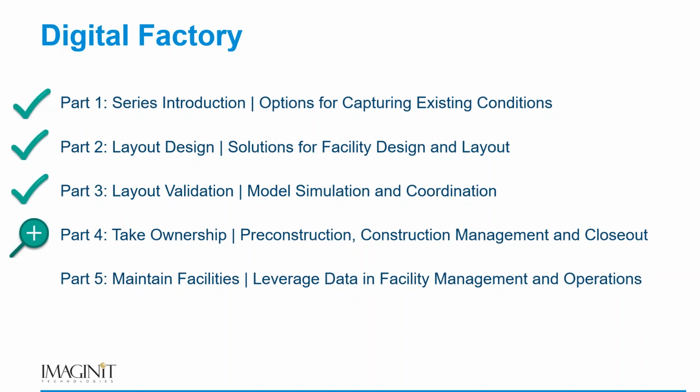In the Digital Factory series, again, this is kind of the model simulation coordination, and I think there's a lot of capability that we saw here. It's a bit of a journey for a lot of companies, but hopefully this helps you get started thinking, hey, if we could do this stuff virtually, what kind of an impact would it have on my business? And I really like what Alan showed as far as the cost curve, or the cost impact of change over time. If we can do it in the computer, it's much less expensive than having to go back and do things, fly people around, move equipment, cut out egresses in buildings, doing those kinds of things that become tremendously